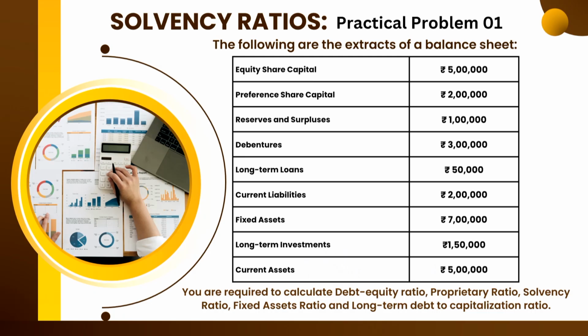So, to start with question number 1, we are given different information from the balance sheet like equity share capital, preference share capital, reserve and surplus, debentures, long-term loans, current liabilities, fixed assets, long-term investments, current assets. And you are required to calculate debt equity ratio, proprietary ratio, solvency ratio, fixed asset ratio and long-term debt to capitalization ratio. To start with that, we first calculate the debt equity ratio